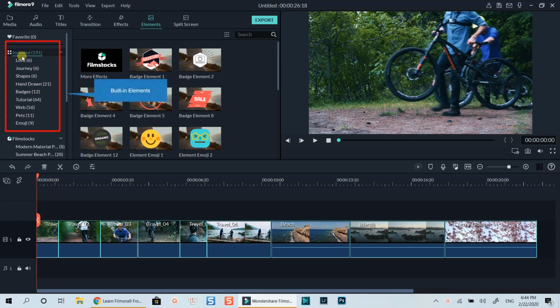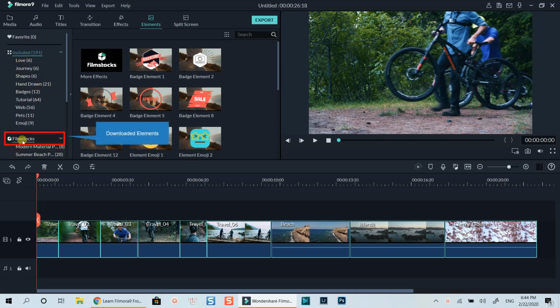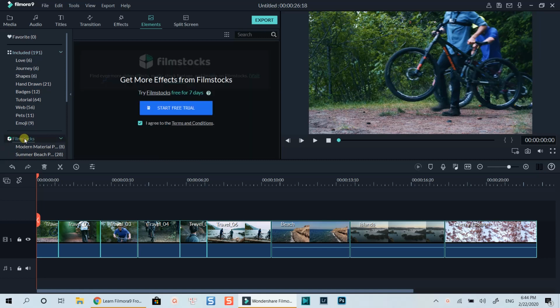drop action. There are built-in element categories, which are right inside the installation package of the program, and downloaded elements which you can get from Filmstocks, an online footage library of Wondershare. This is a subscription service, and helpful for creators who want to buy more video effects, or templates for their